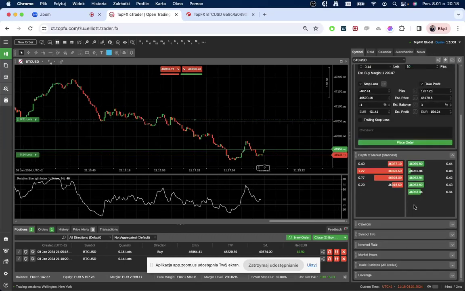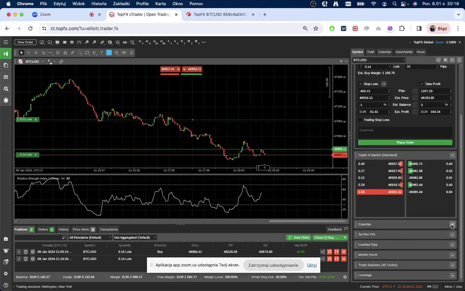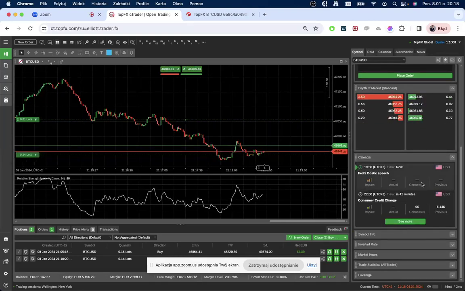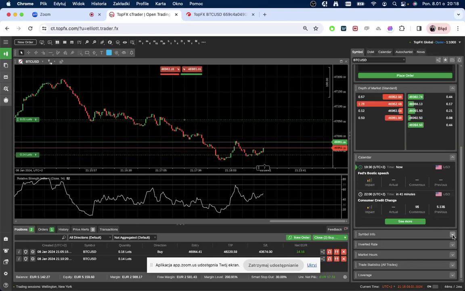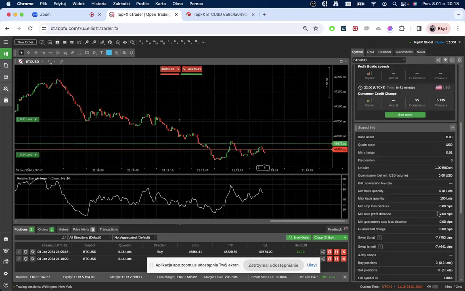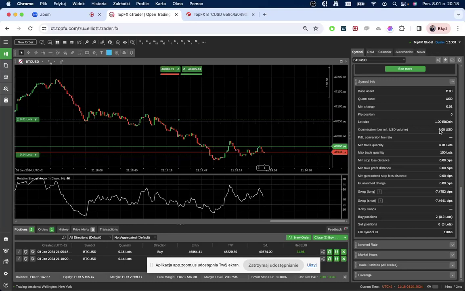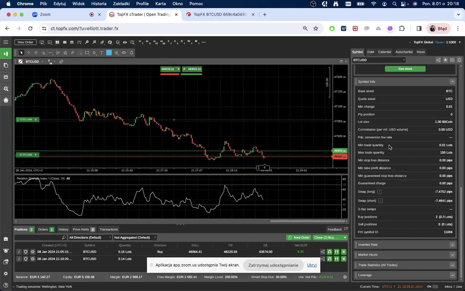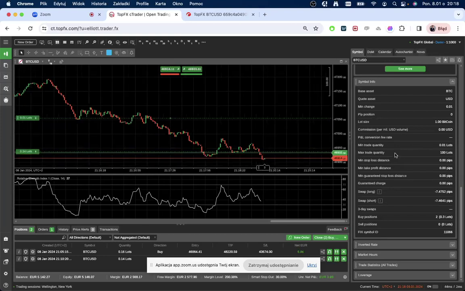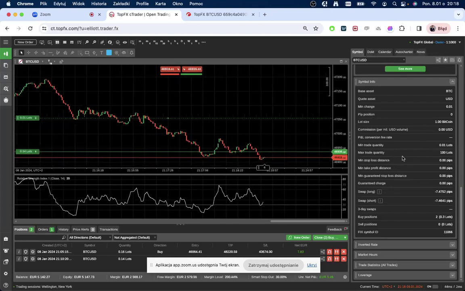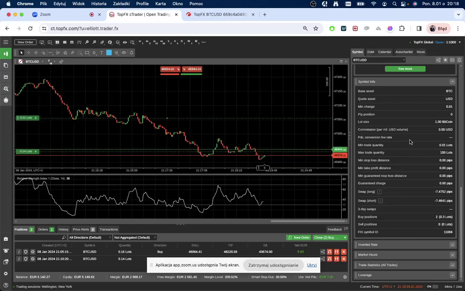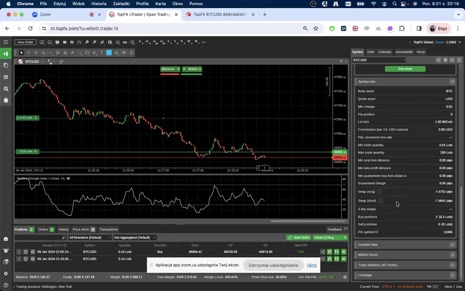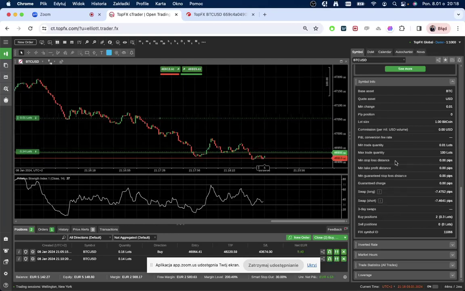Now, what else do you have? You have the calendar. So we can take a look at today's calendar to see what is actually relevant for the market that you're trading. You got all of the information under the symbol info. So you can see what's your asset, what's the lot size, what's the minimum lot, what's the maximum trade quantity, what are the commissions per lot, what is the swap for long, swap for short, and all of the data you need for this